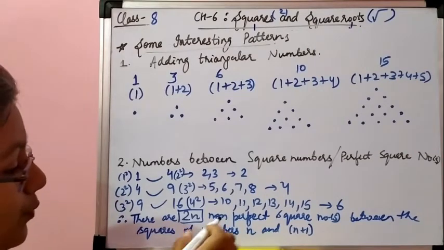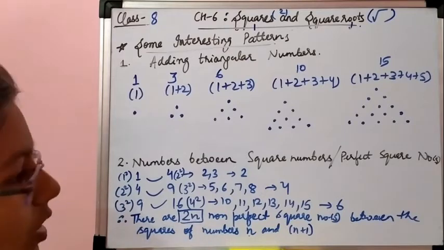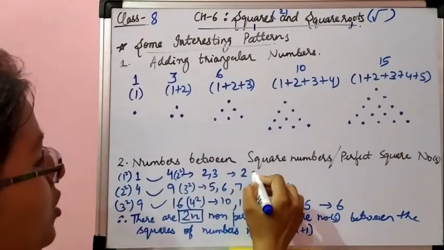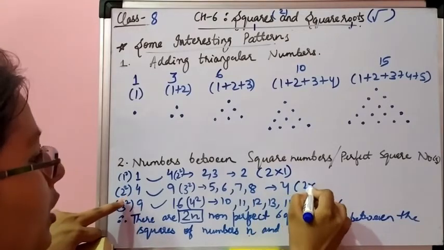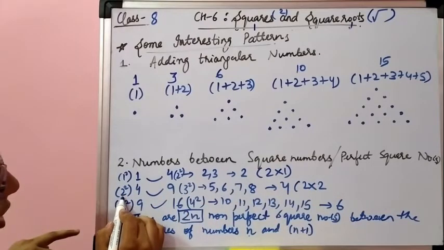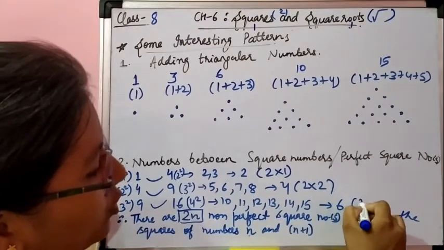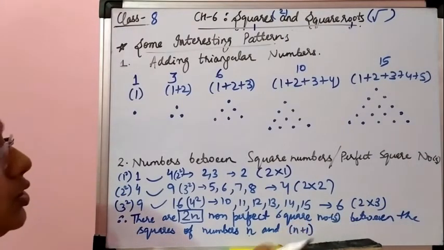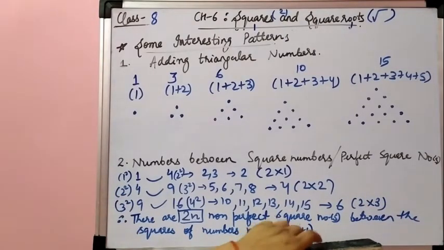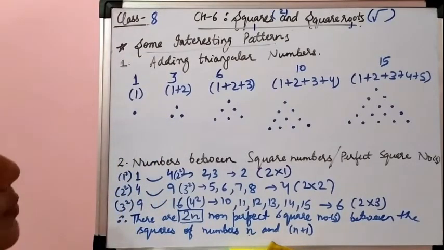then what do I have to do? I have to multiply this n by 2. See how this 2 is coming? 2 into 1. How is this 4 coming? 2 into 2. What is the value of n here? 2. What is the value of n here? 3. So 2 into 3. So I hope you all have understood how we can find this. Only 2 patterns I am discussing in this video. The next patterns I will discuss in our next video.